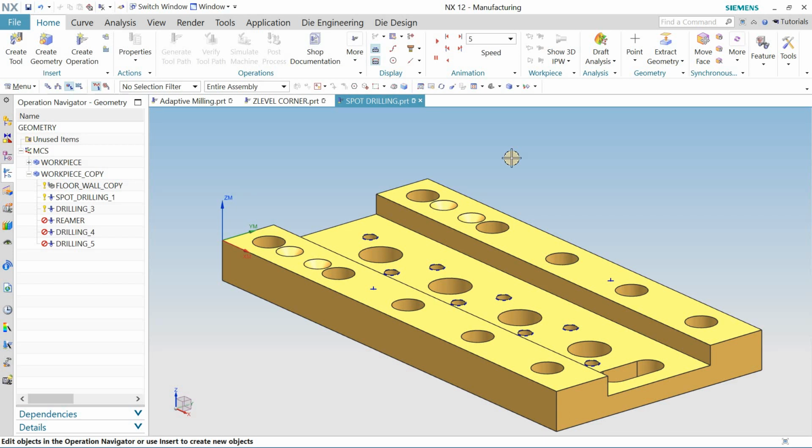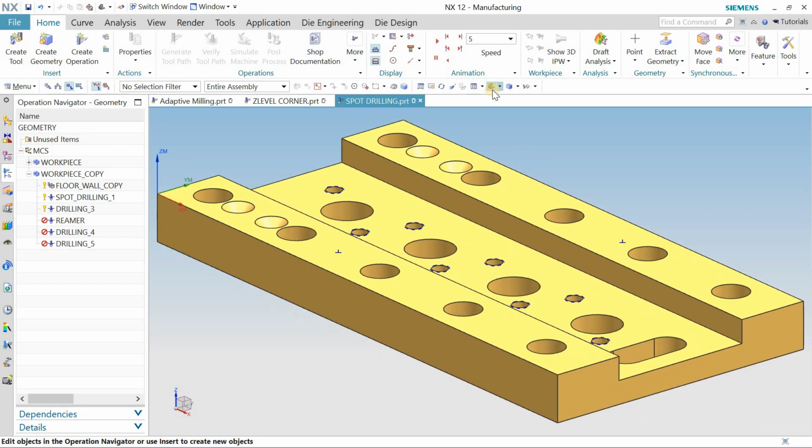Hello and welcome back. Today let's talk about the drilling operation. I have this project and we have different kinds of drill operation like the countersink, some deep drill, some slots